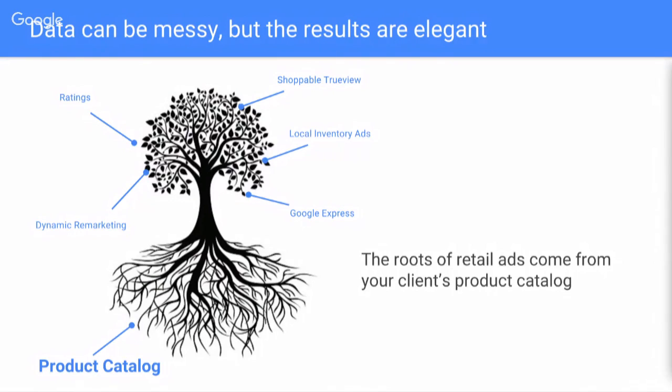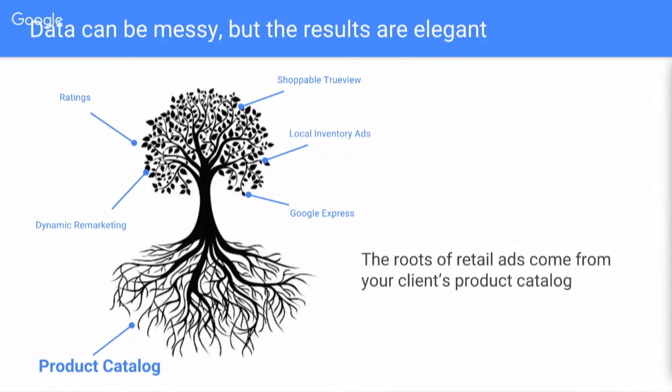We need to make sure that our soil is tilled. I don't really know much about gardening, so forgive me, I'm probably going to botch this metaphor. But we want to make sure that our product catalog, and everything involved in what our products actually are, is nice and clean, so that when we route this into our feed and into our Merchant Center, we have really nice shopping ads.